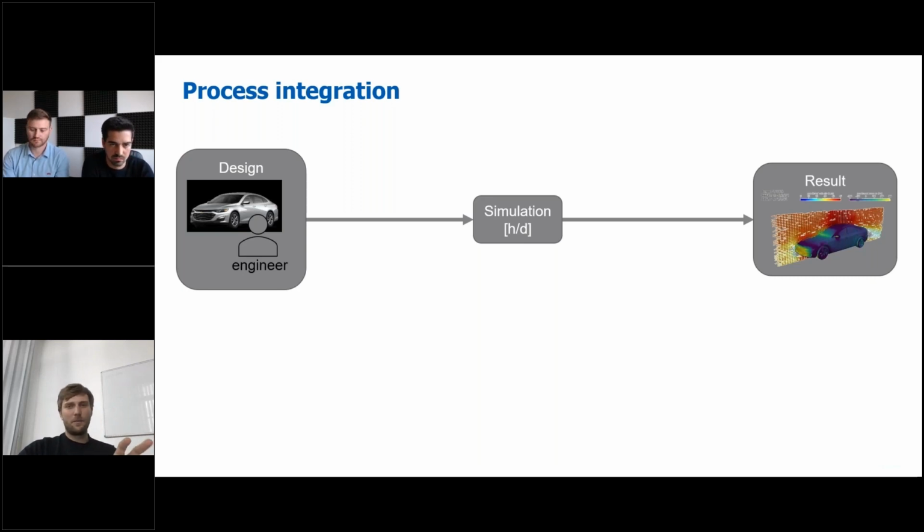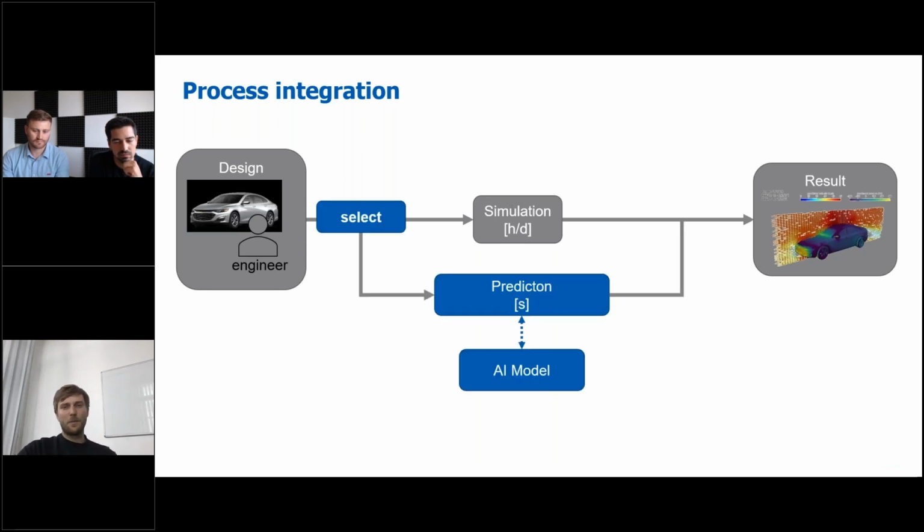But to reach results like I showed you in the last few slides, you need to really establish a good process, which has, I would say, as its basis a classic simulation workflow, like you can do on SimScale at the moment. So you have an input, a geometry, parameters, whatever, then you give it to the simulation workflow, and then you get your results for scalar values, flow fields, surface fields, something like this. And when you want to add this AI accelerated workflow I showed you, where you can make predictions within seconds from an AI model to get more or less the same results or comparable results, but only in real time,